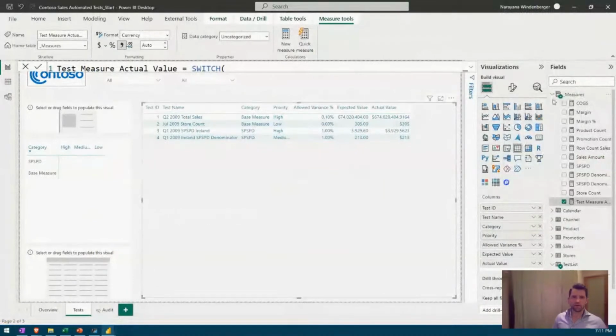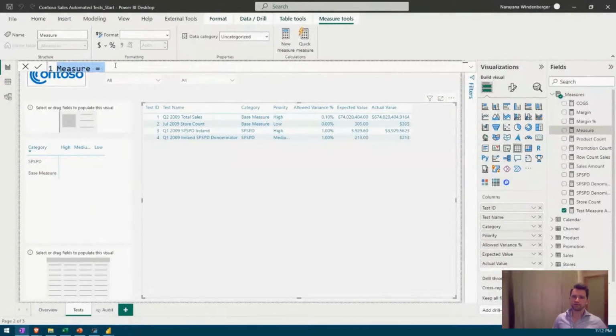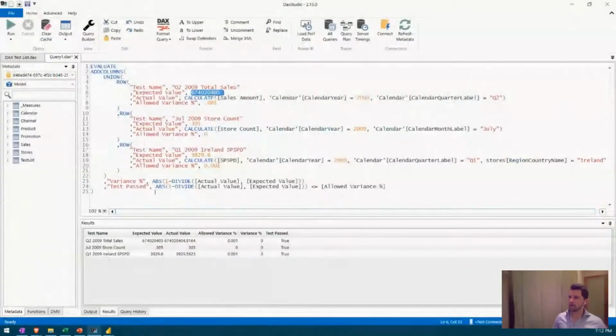So I will create one additional measure, which is going to be called the test actual variance. So let me pull this up. Test actual variance percentage. And this is going to be essentially the same logic that we did in Dax Studio. We're going to divide the actual value by the expected value, subtract that from 1, and then just take the absolute value so that we don't have to worry about positive or negative variance. It'll all get rolled in. So I can actually copy that